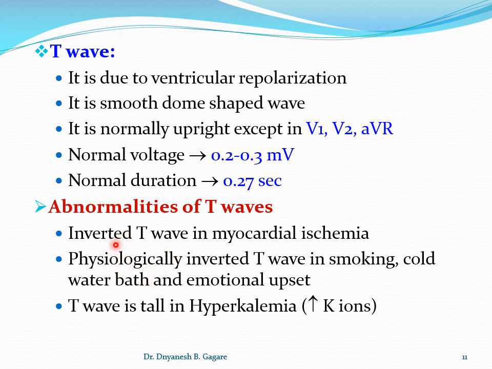See some examples. There are many examples, but we'll discuss the important ones. It is inverted in myocardial ischemia. I just told what myocardial ischemia is, and if there is myocardial ischemia, it definitely disturbs the normal electrical activities of the heart. We are not going into details, but just remember the infarcted part of the heart: when there is no current flow in it, it emits current, and it acts as a depolarized part.